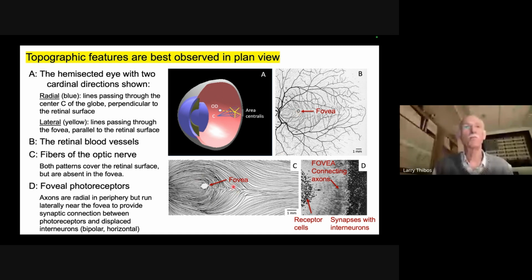The bottom diagram in part C down here shows another kind of radial pattern over the surface of the retina. Again, starting at the optic nerve head on the left, streaming out across the surface of the retina. These are the fibers of the optic nerve. So, of course, the optic nerve fiber starts with the ganglion cell. So imagine a ganglion cell position where my little pointer is located. It generates an axon. That axon has to find its way all the way to the optic nerve head, but